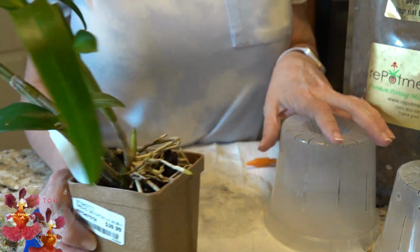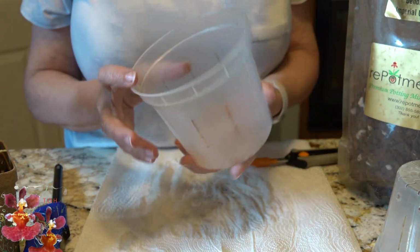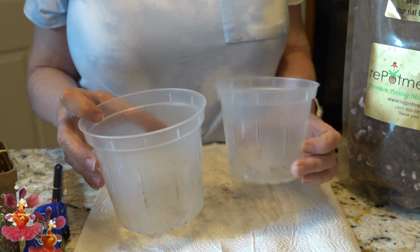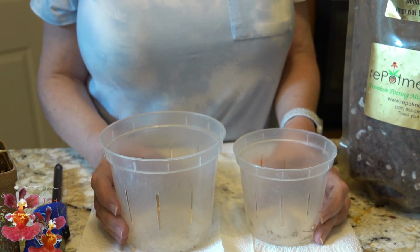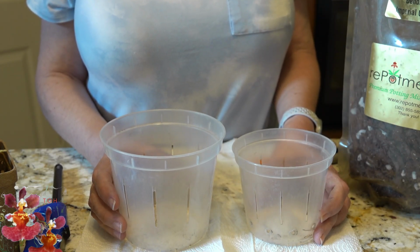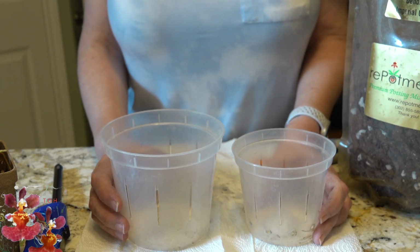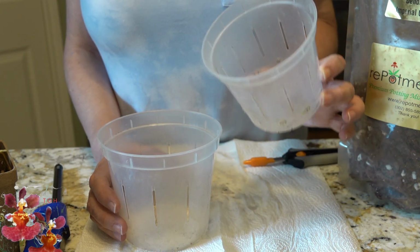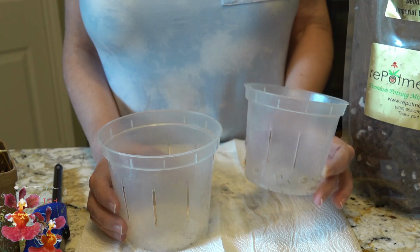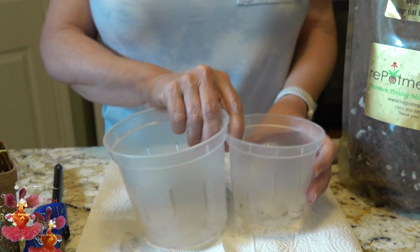Okay, so I have 2 pots here. I have a smaller one and a larger one. And I'm going to wait and see what the root system looks like after I clean this orchid up. You know, dendrobiums don't prefer to be overpotted. So right now I'm leaning towards the smaller pot, but we'll see, once we get the whole root